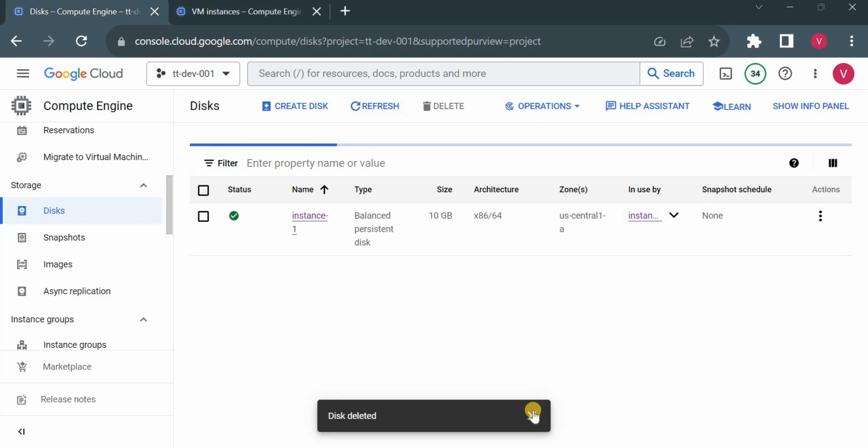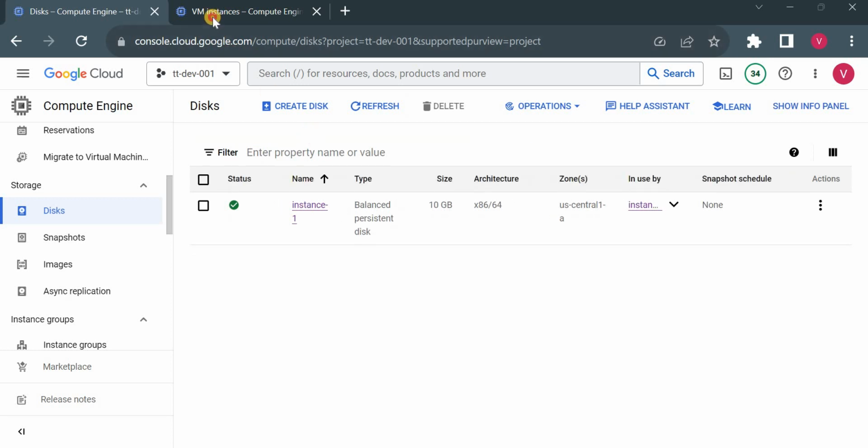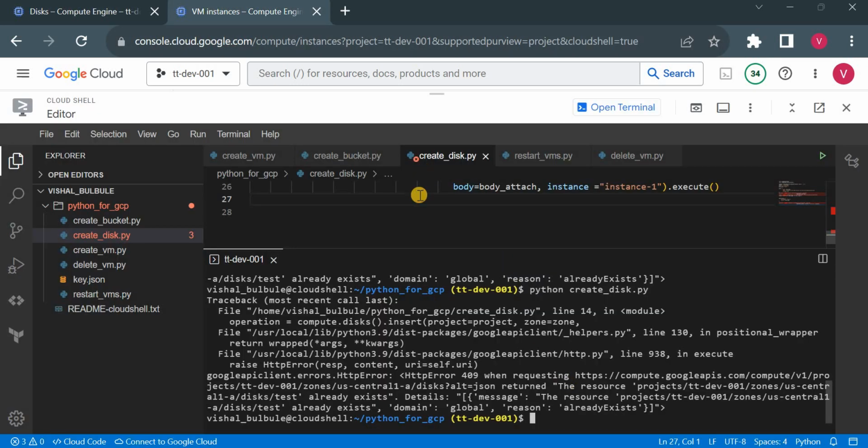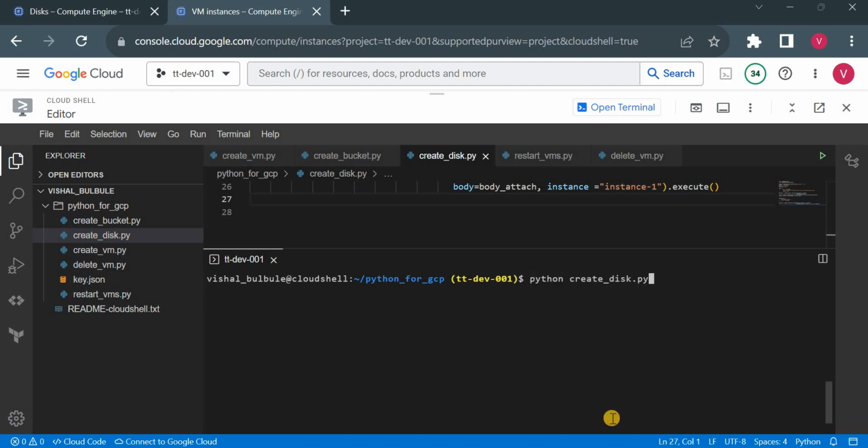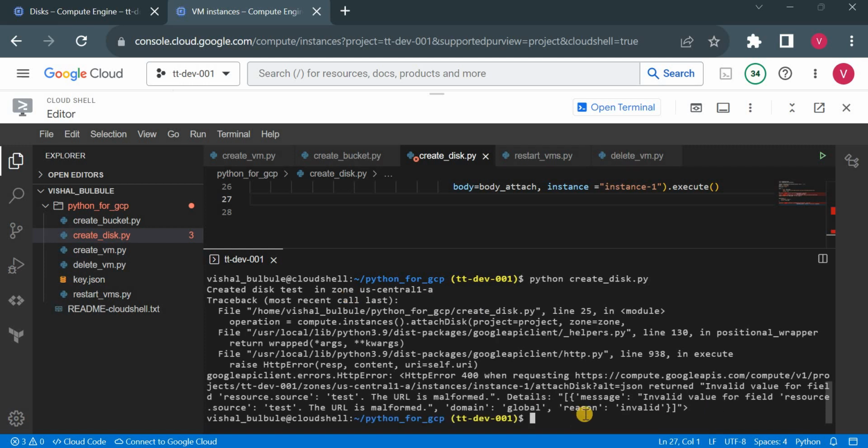Okay, this is deleted now. It's taking time to refresh. Okay, now you can see the disk is created, but it is throwing an error because the URL is malformed, because the